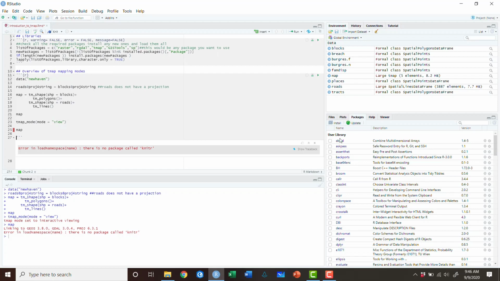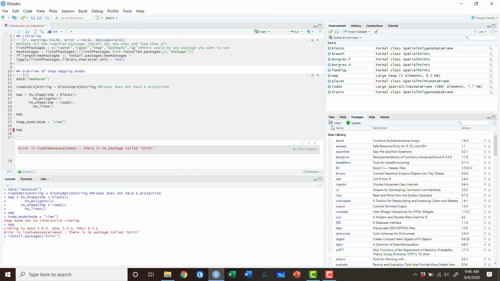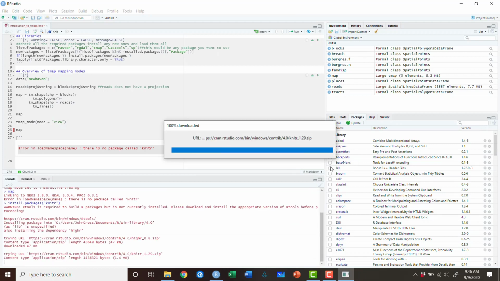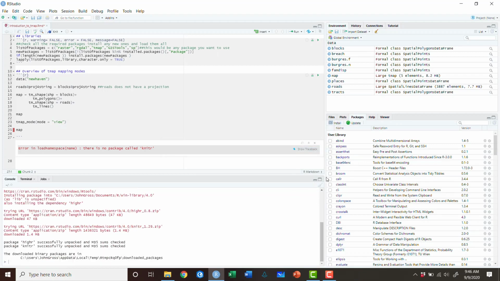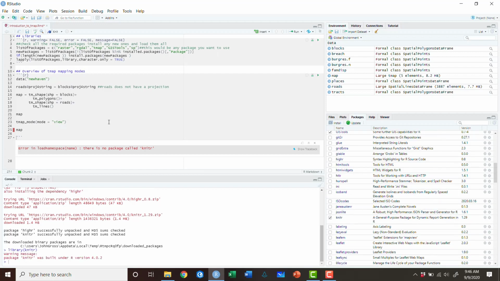In this particular case, because it's easier, I'm just going to do it this way. Now if I rerun map again,